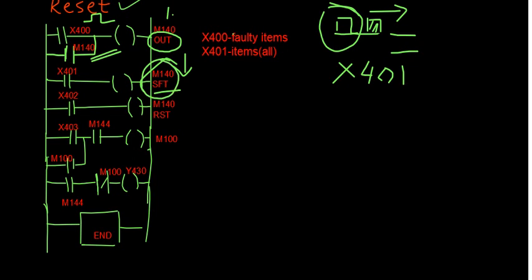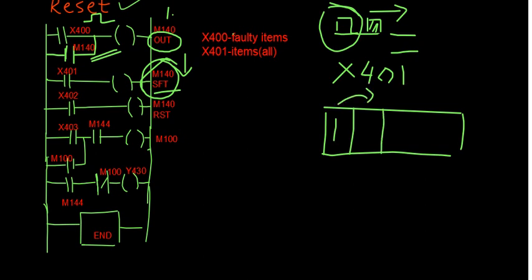It could be 1000 also, and next it could be 100 also, depending upon one more faulty item. Next could be 0110, something like that. It keeps moving, right? In the fourth iteration, the first bit will come here, indicating that it is a faulty item. Therefore your second rung here basically indicates passage of the item irrespective of whether it is faulty or